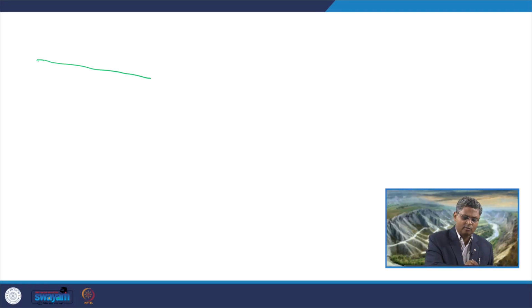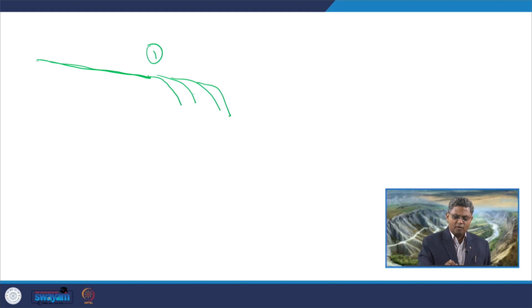So, if I think of it again at the initial part, the river slope was like this. So, for this river slope, maybe we can consider that the delta lobe was forming like this, where offlapping lobes are forming. So, this is the first phase, phase 1. For this particular slope, the river will have a particular energy condition, and in that energy condition it will create some erosion, and those erosions will supply sediments within this delta lobe.